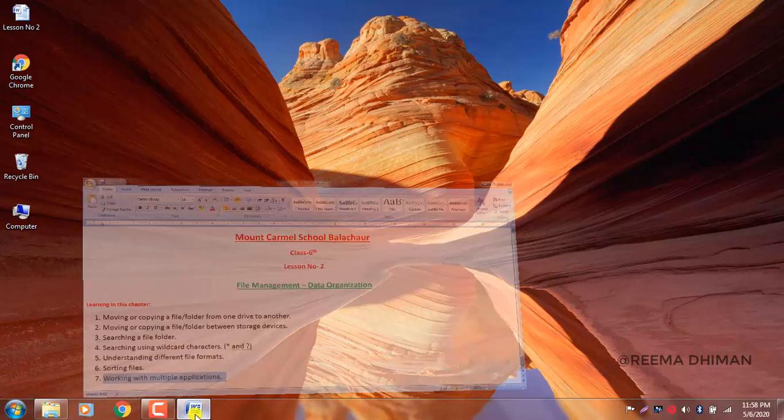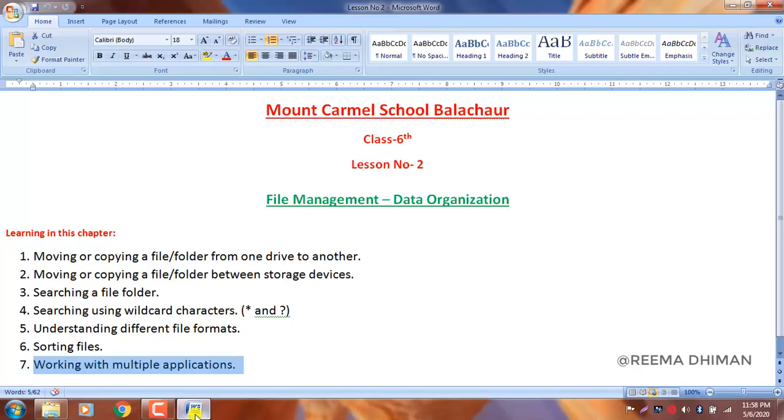Now the last topic of your lesson is working with multiple applications. Sometimes you may need to work with multiple applications at the same time. For example, you have to create a presentation, and at the same time you have to search for some material for the presentation on the internet.